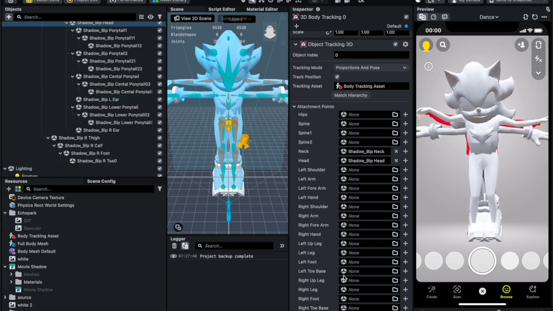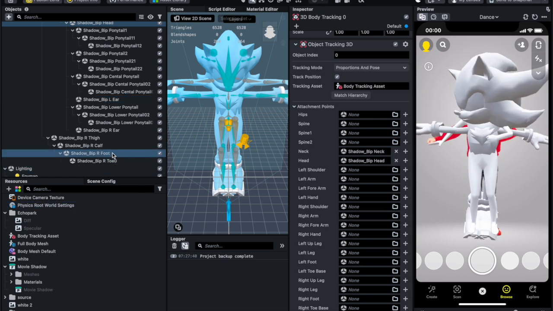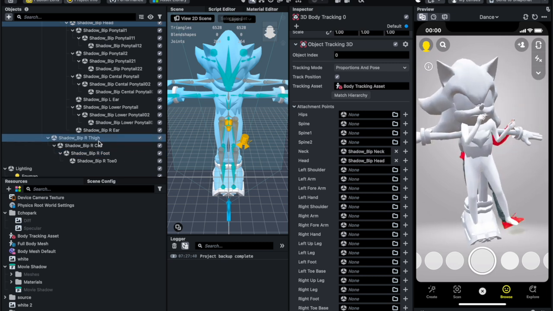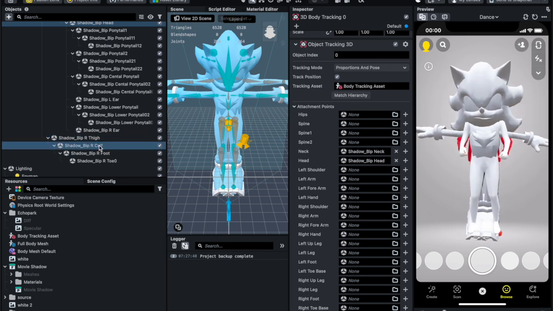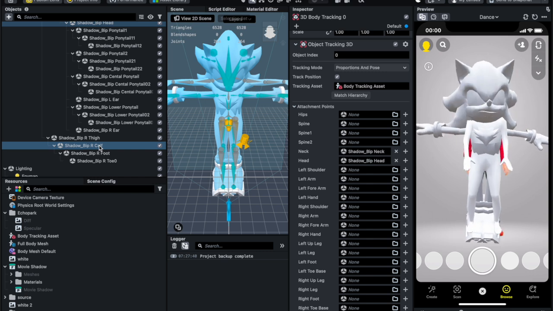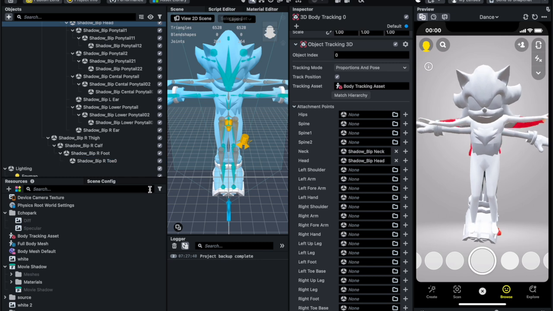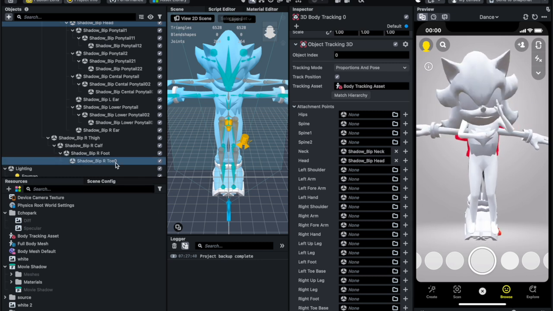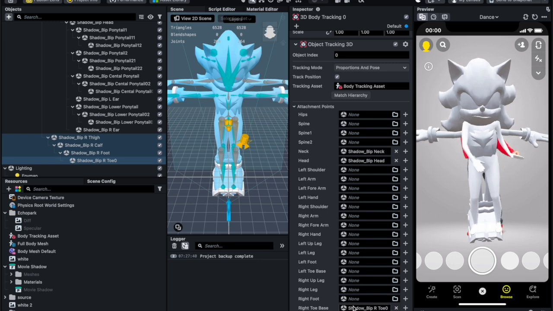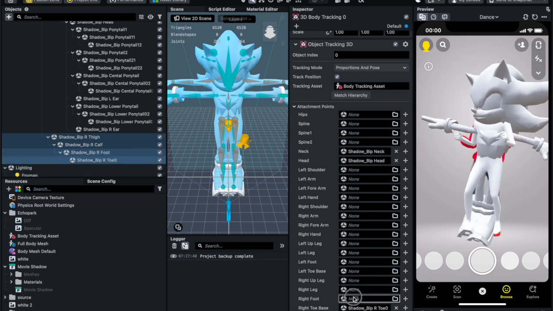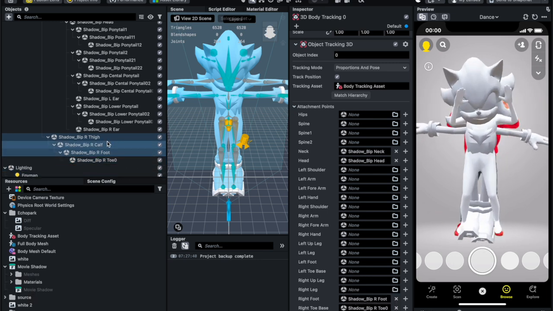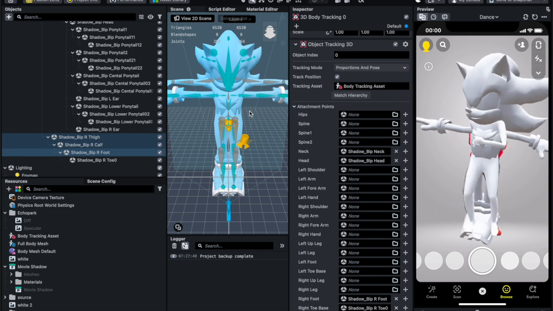So now let's go for the toes, right? You can see this is toe, this is foot. Can you see the arrangement? Because sometimes the way they would be named would be different, but the foot, the toe would always remain the same. So what I'm going to do now is align this right toe to this right toe, foot to this foot. Because this is a different name and this is a different